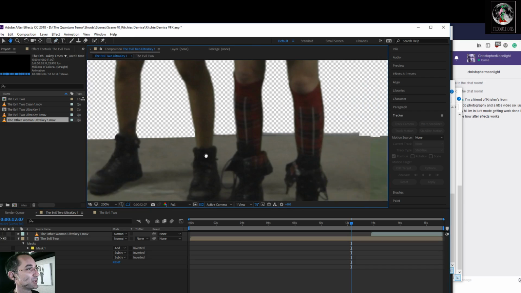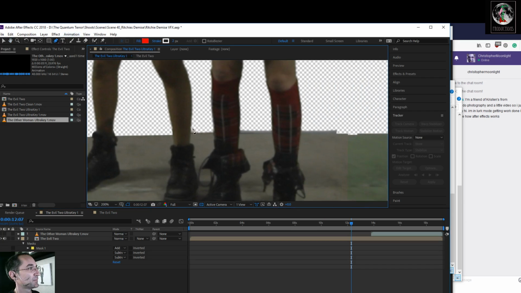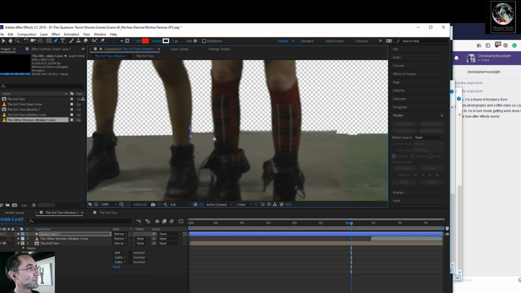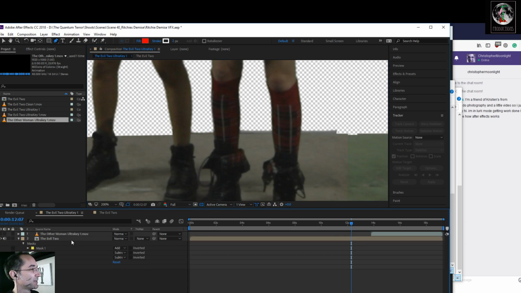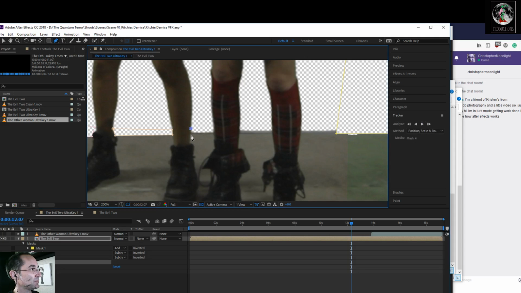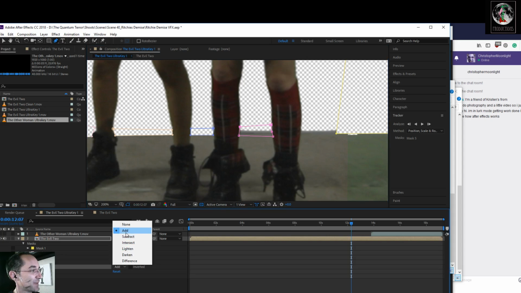Check how it looks. Looks pretty good. Welcome to the tedious world of masking. Oh, accidentally created a shape layer. Make sure you're in your mask when you're doing it. Are you feeling the urge to drool? Because I am. Trying not to drool from the tediousness that is masking.